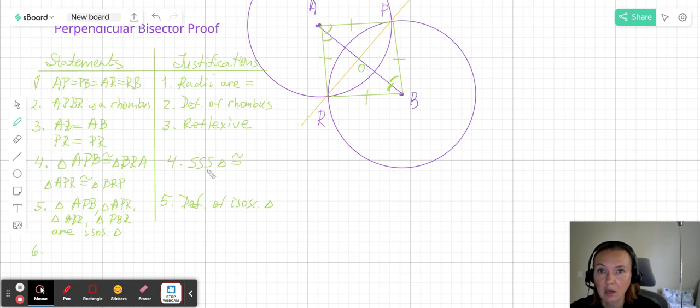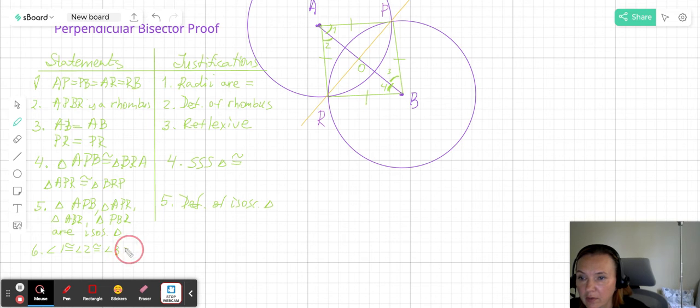In step number 6, that's what I just said, that corresponding parts of congruent triangles are congruent. So I'm going to say it like this. I'm going to label them angle 1, 2, just for simplicity, so I don't have to use 3 letters for each angle. So I'm just going to say angle 1 is congruent to angle 2, is congruent to angle 3, and it is also congruent to angle 4. And the reason for this justification is that we have angles in isosceles triangles, right? And we have